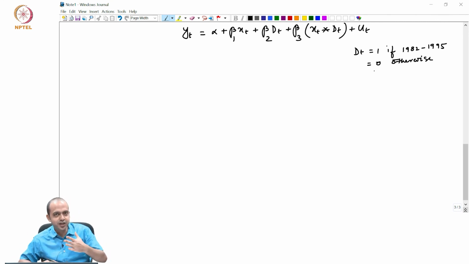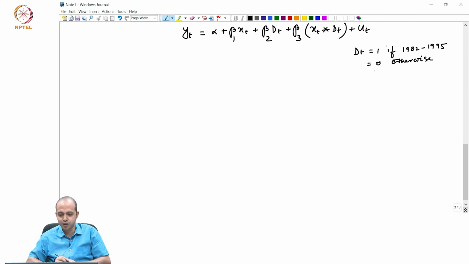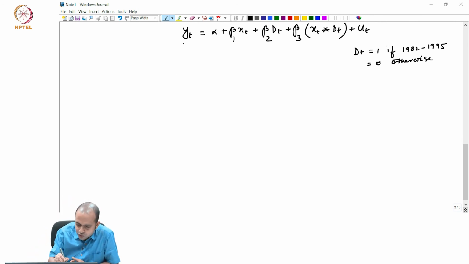Because when the impact of recession is present, that we are denoting by 1, because for the dummy variable generally we say that presence of the attribute is 1 and absence is 0. So, post recession period, that is 1 and 0 otherwise. So, this is how we have defined the dummy variable. So, now again here what is yt? Yt is actually savings and xt is actually income,